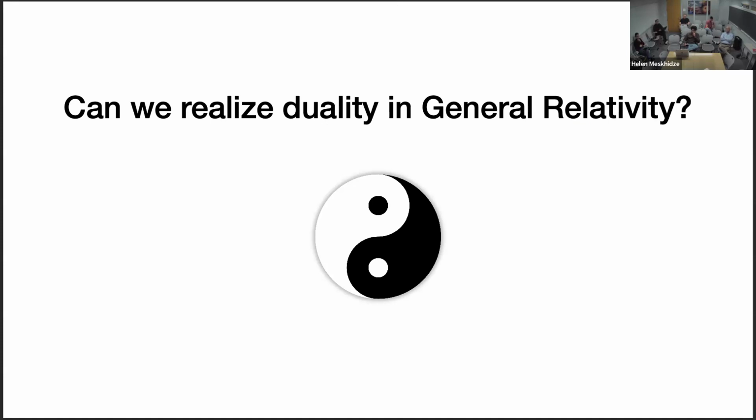To ask whether there is duality, and using that, try to see whether we can use the duality to constrain the gravitational system, or to find an integrable model. I won't be able to answer all these questions, but as we will see, we will have some answers to some of these questions. Okay, any questions? So that's the goal for the rest of the talk, to see if we can realize a phenomenon akin to electromagnetic duality in gravity.